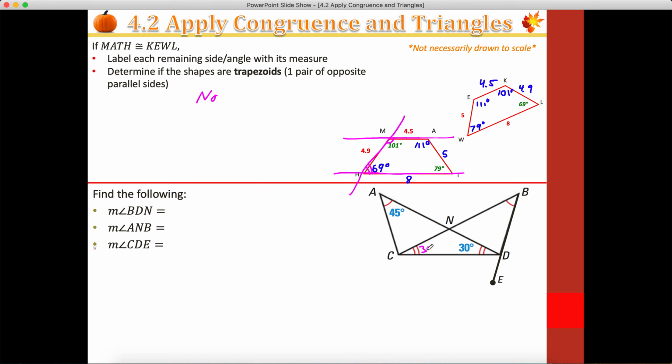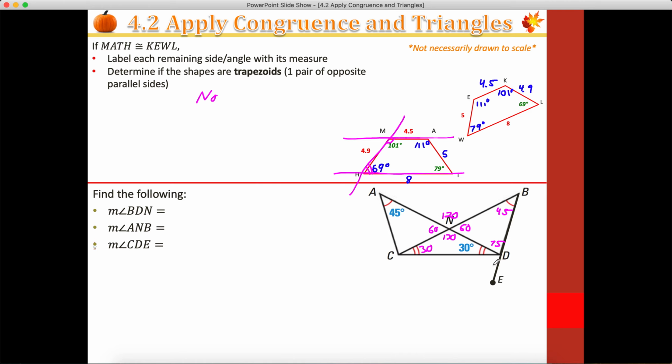If I start just answering things using a combination of vertical angles and the fact that the sum of a triangle's interior angles is 180 degrees, I'll do some linear pair stuff here. I'll get these. This is 60. Let's see, what else? These two are congruent to each other, so this is 45. So 60 and 45 is 105, which means this has to be 75. And then this guy,